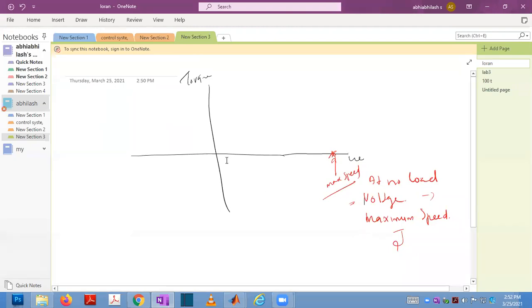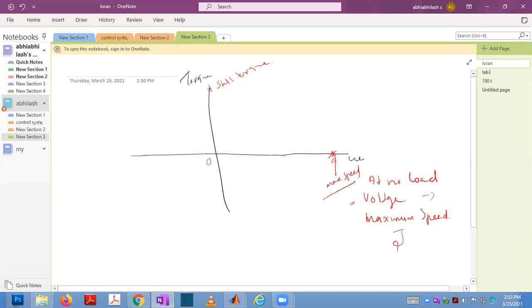When the motor speed is equal to 0, here the torque is called stall torque. Stall torque means that when you are giving complete voltage and the motor is not rotating, you just hold the motor without rotation. The torque you feel in your hand without rotation is called stall torque.